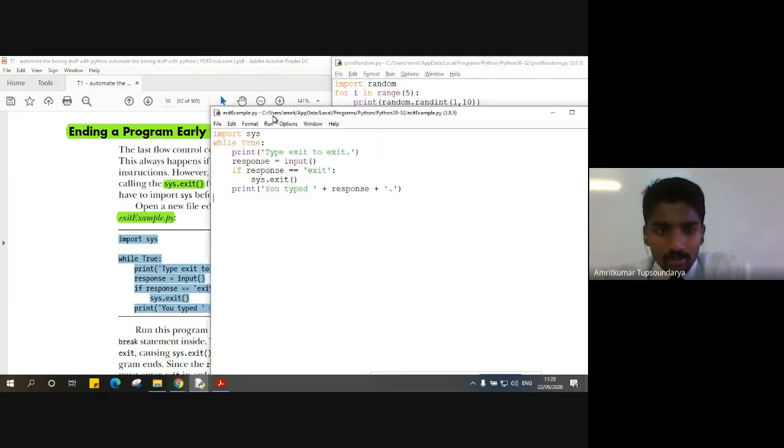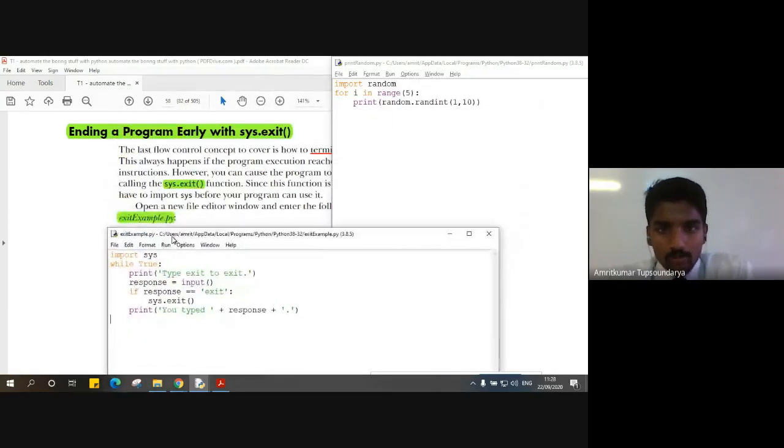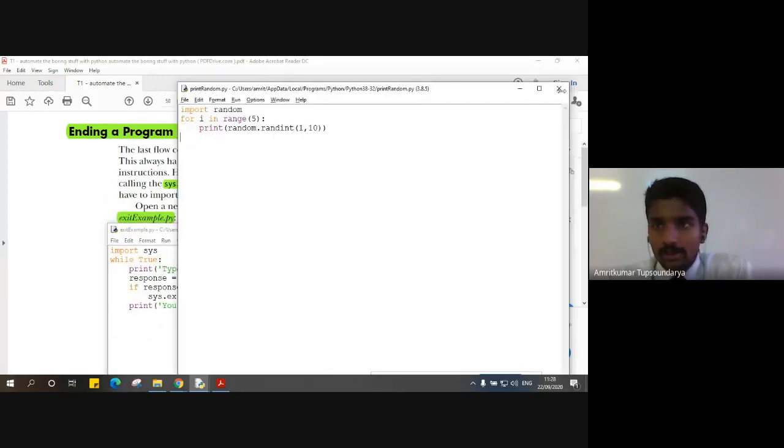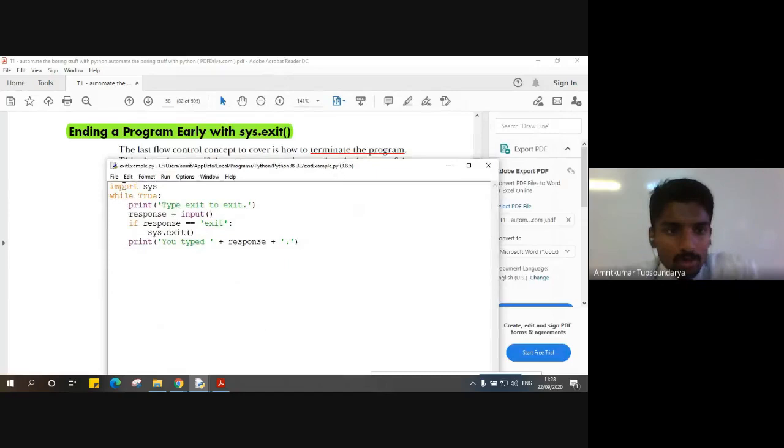So before executing this, let me show you line by line what we are trying to do here, right? What we are doing is importing the module called sys module. Now this sys module can have multiple functions, various inbuilt functions which are defined inside this module. Once I call this module, I'll be eligible to call any function inside this sys module, right? So in other words, if I want to make use of any system related inbuilt functions, I have to mandatorily call this system module.